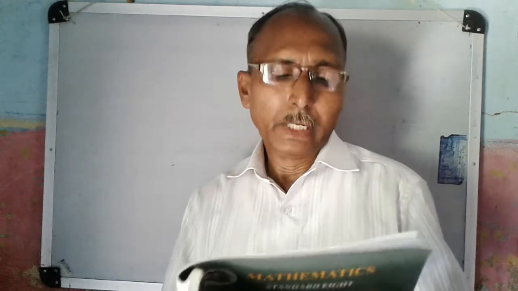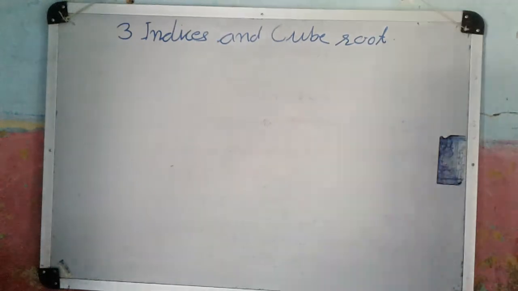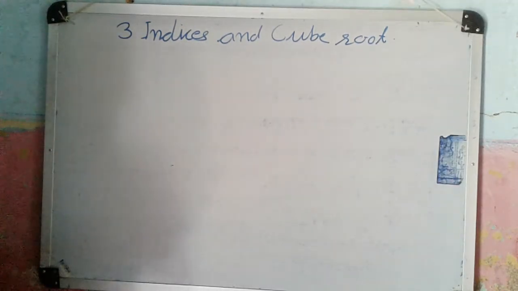Now we will study the meaning of numbers with rational indices. Now, third chapter, indices and cube root. Now see here,